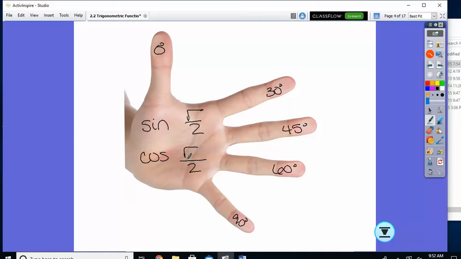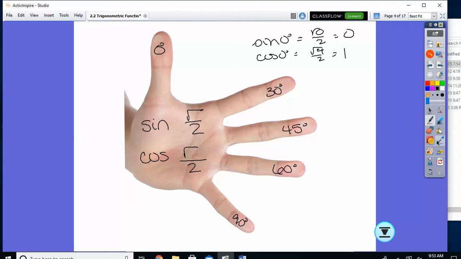So on the table, when we filled it out, the sine of 0. How many fingers do I have above the one I folded down? 0. So it's the square root of 0 divided by 2, which is 0. So sine of 0 is 0. At the same time, cosine is the bottom. How many fingers do I have below the one I folded in? So it's the square root of 4 divided by 2, which is 1. So cosine of 0